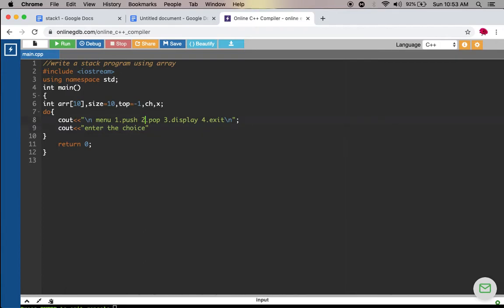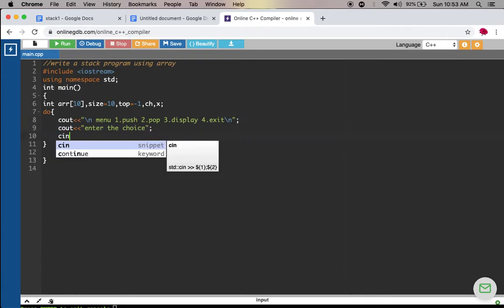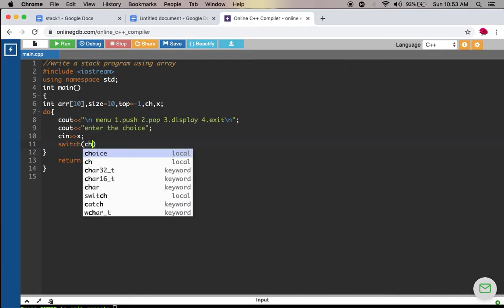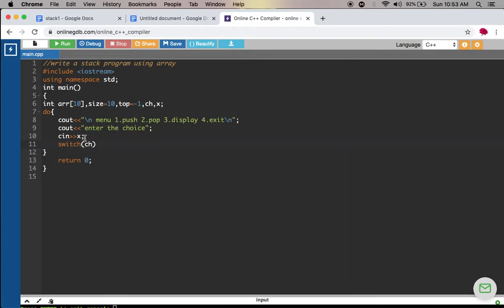And I read the choice value. After that, in order to write the functions one by one, here I am taking switch case, choice. I pass the choice value.